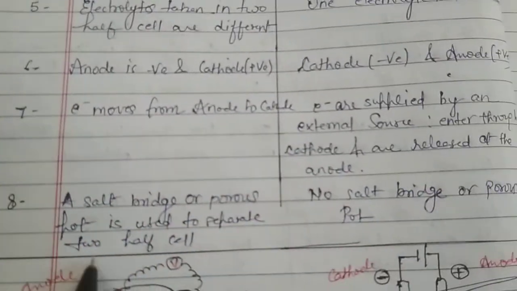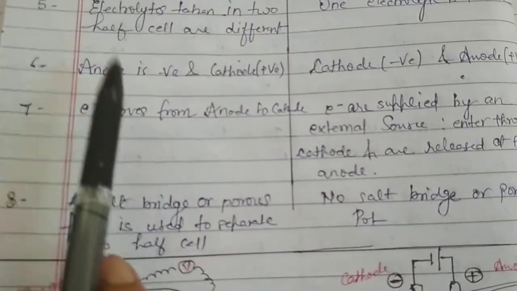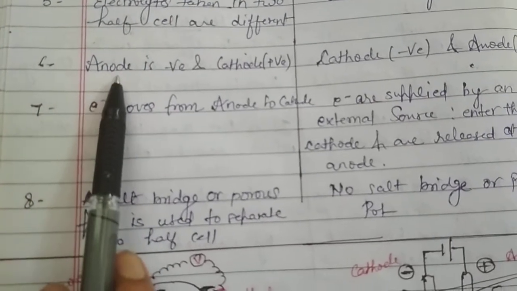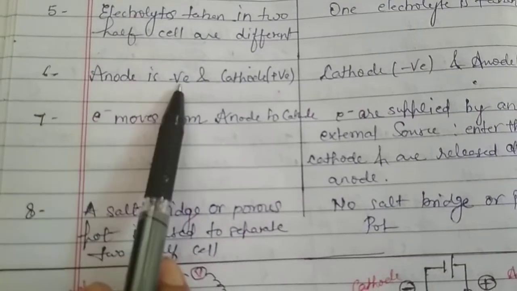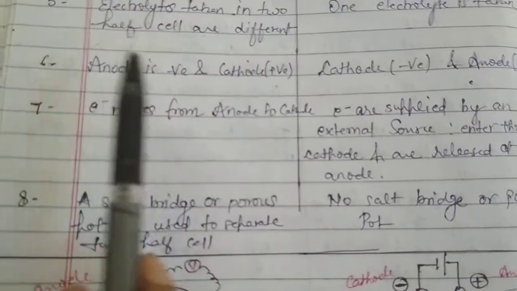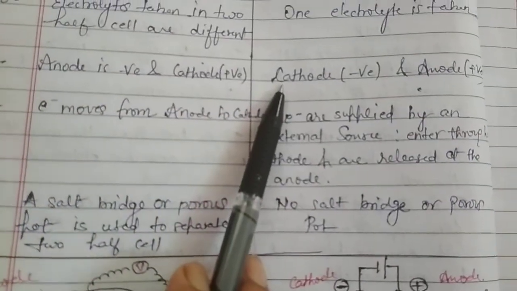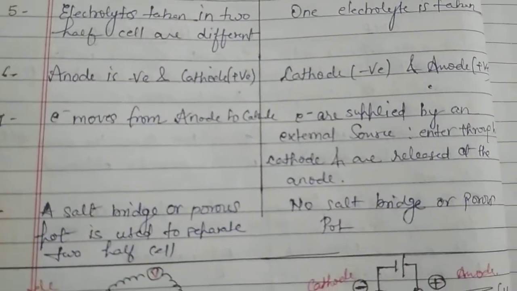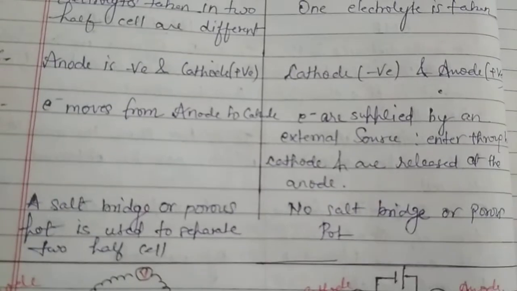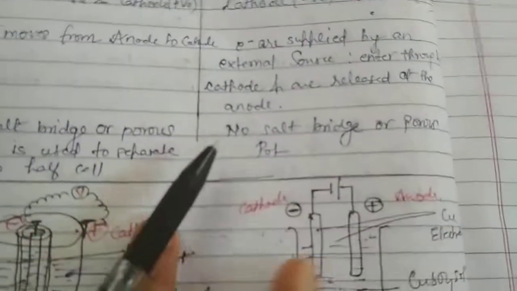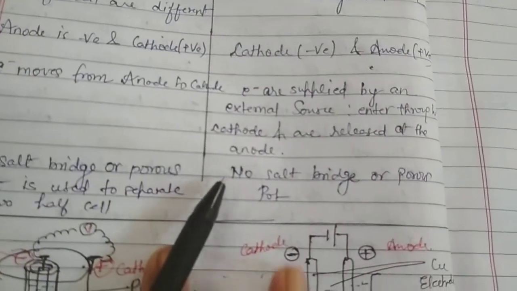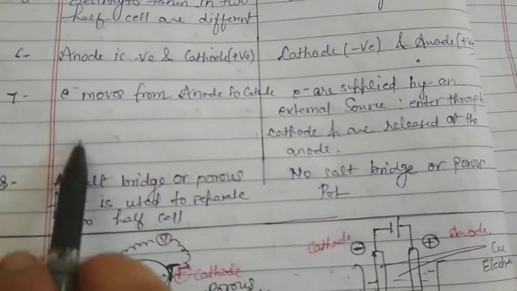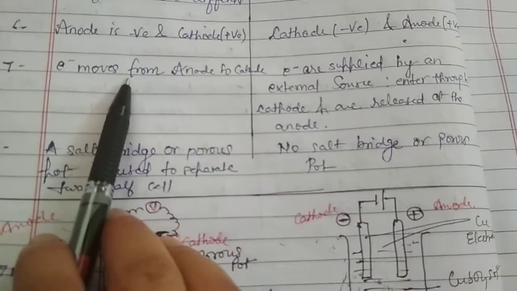In the galvanic cell, as you have seen, oxidation takes place at the anode, so electrons would be there on that zinc rod. That's why the anode is negative and the cathode is positive. While in this case, what we are able to see is that the cathode is negative and the anode is positive. At the cathode, positive ions migrate, so copper ions migrate from the solution to the cathode, so the cathode is negative and the anode is positive. Here we see the electrons move from anode to cathode,